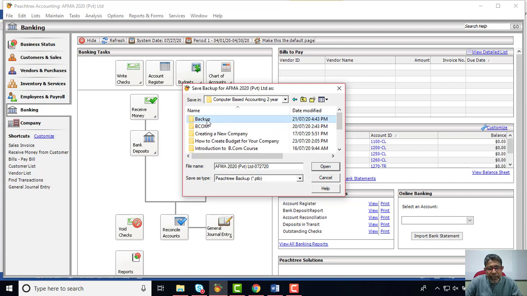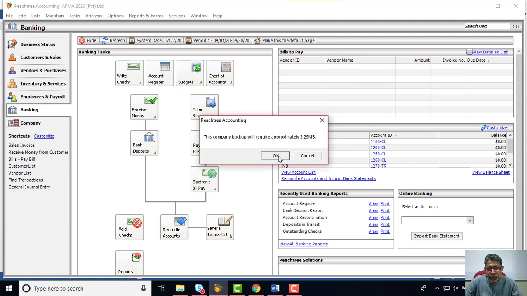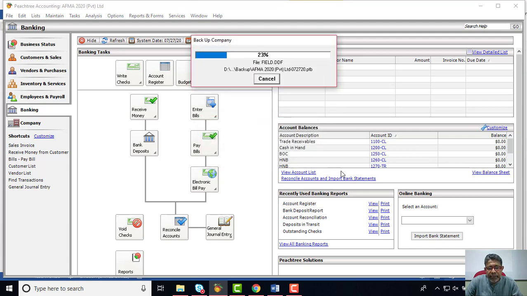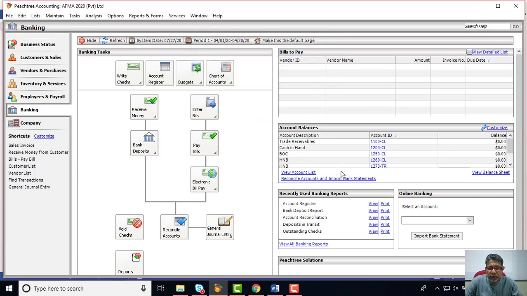Thereby, if you have created that, open up your backup and just click the save command, whereby you can see the current date and the name of the company appearing, and that will save the backup file up to lecture number 4. So lecture number 2, lecture number 3, lecture number 4, all the details are there in the backup file. And next time when you come to the new lecture, we will see whether everyone has all the appropriate information available to do lecture number 5, right? So this will be the final backup, and click the save and allow the system to take the backup by clicking OK, and that will take the final backup of the program. So that's it. So please practice this and complete that before the next discussion.